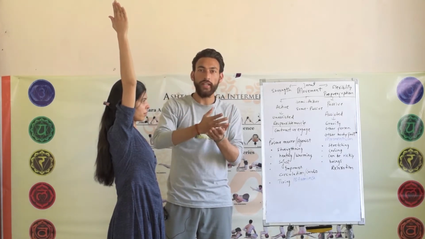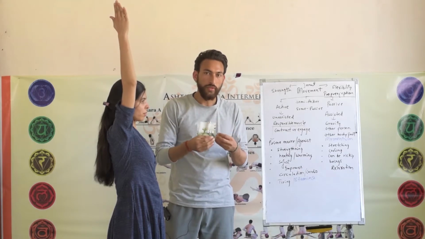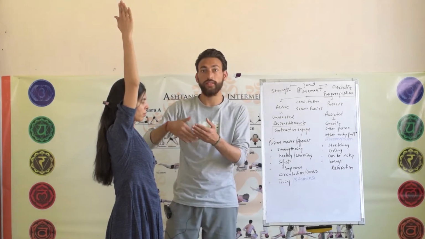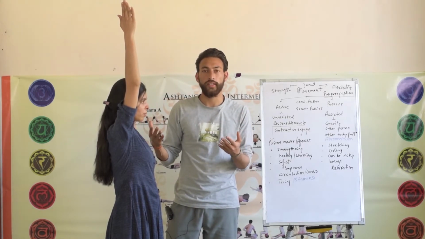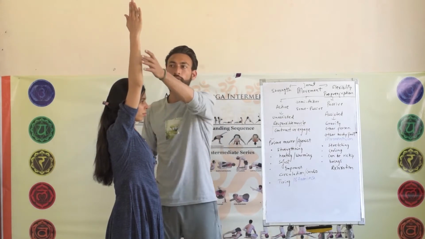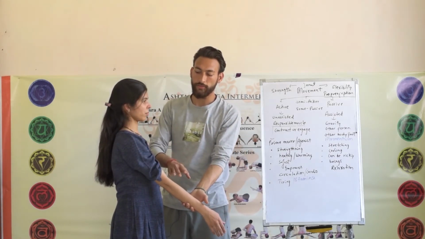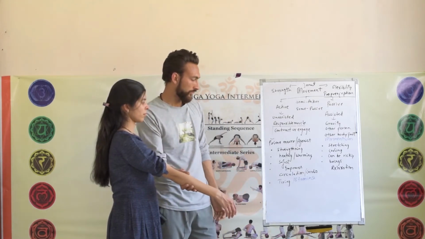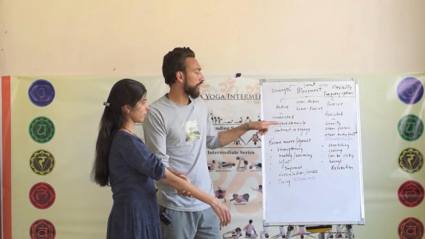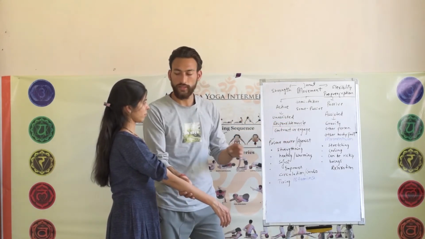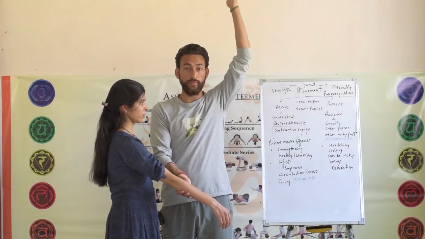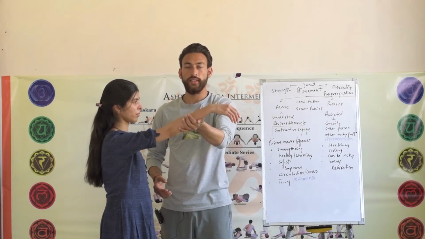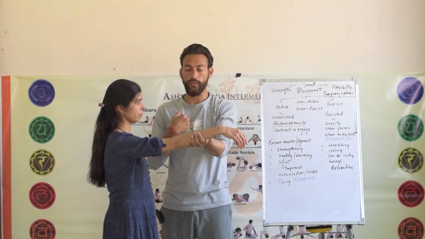If I give her some weight and ask her to hold that position, it will make her feel much more challenged, and this will help her become stronger if she does this repetitively many times. But let's say if I do the same movement for her, she relaxes completely. If she is relaxing and if I do this for her, the first thing that will happen is she'll not be using the responsible muscle, which is the prime mover. The muscle which was being used before when she did this movement herself will not be used at this time, because this movement is being assisted and it's me being the assistant right now.